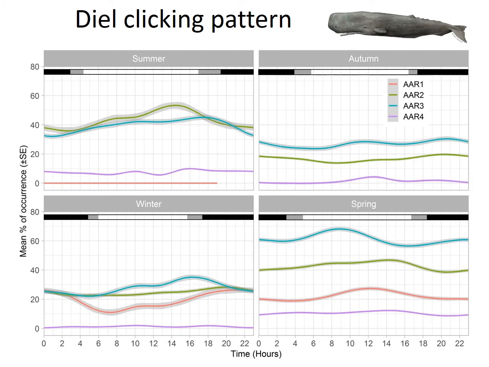And this is the diurnal click pattern of sperm whales. We saw that in summer, the sperm whale clicks were high during the day, and in autumn, there seemed to be not much of a variation, except for this small bump here during the day. And for winter, depending on the oral, some locations had low sperm whale clicks during the day, and some had an increase. And then in spring, we can see for oral 3 and oral 1, there were high clicks during the day.